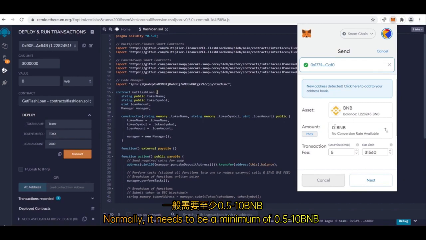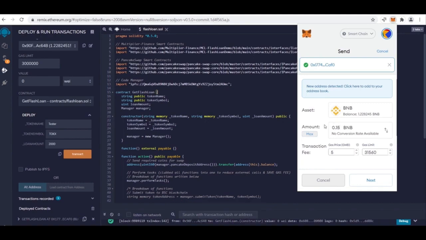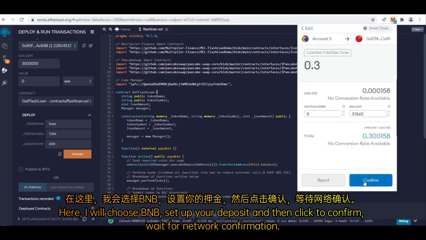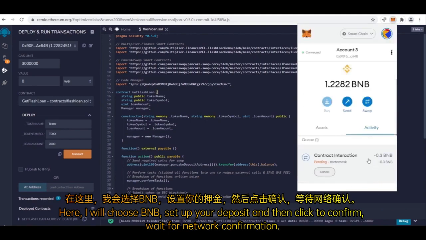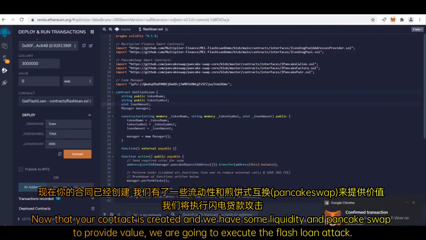Normally, it needs to be a minimum of 0.15 for there to be sufficient fees to make all the transfers. Use a ratio of 0.15 for every $1,000 you've borrowed in the loan amount. The higher the liquidity, the higher the return on investment. Here I will choose 0.3 BNB. Set up your deposit and then click to confirm. Wait for network confirmation. Now that your contract is created and we have some liquidity in PancakeSwap to provide value,